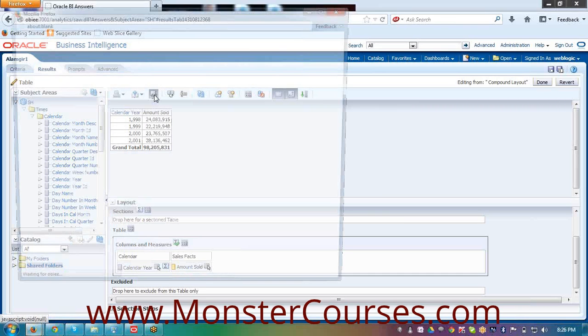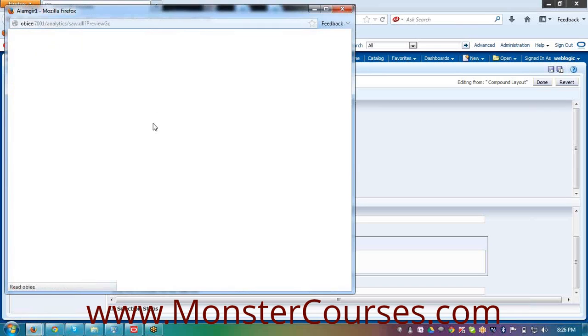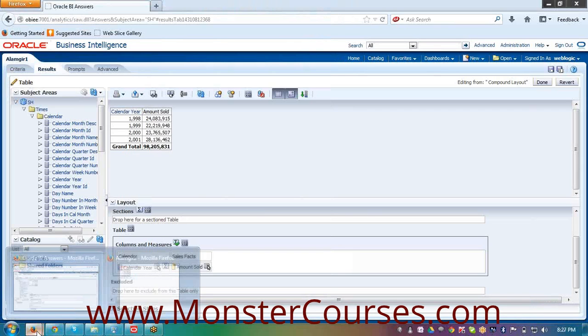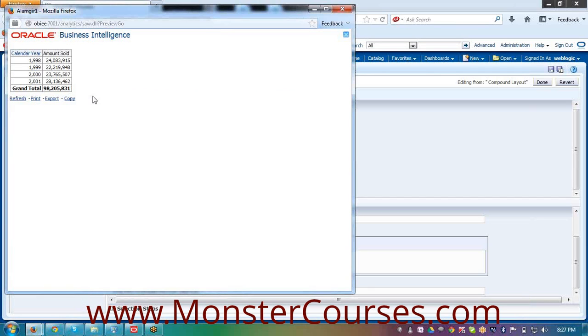Then this is how it looks on the dashboard. A preview on the dashboard, how exactly your report looks on the dashboard. So your report looks on the dashboard like this.